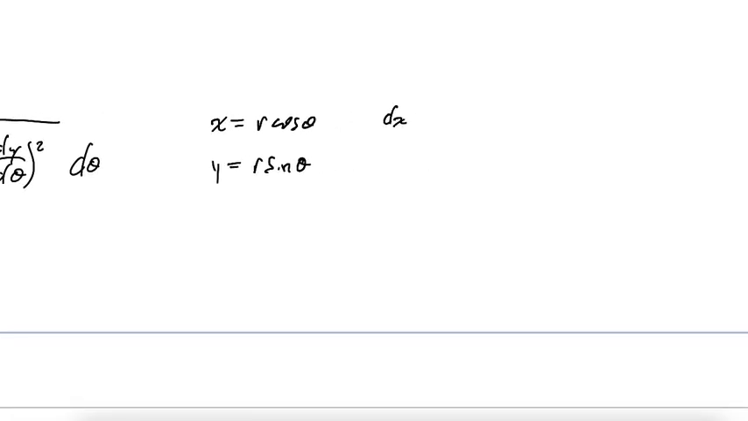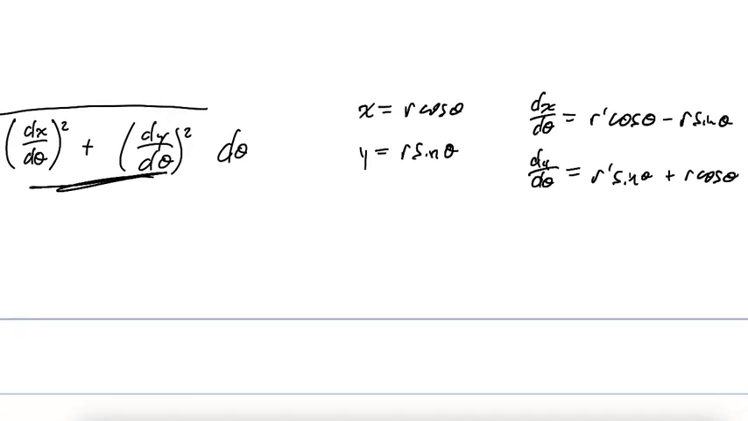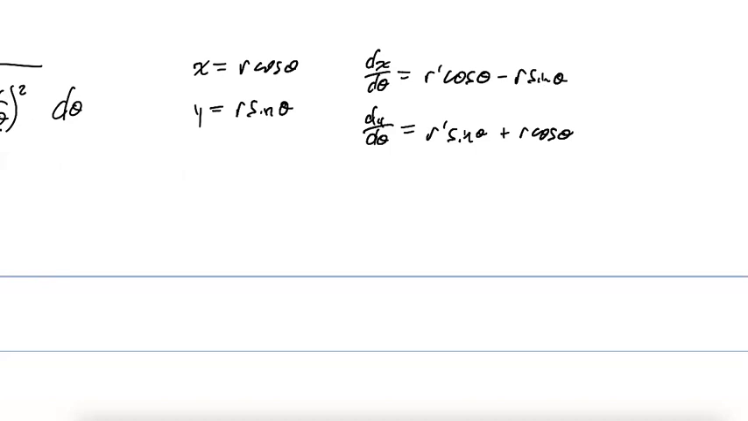Dx d theta is r prime cosine plus minus r sine, and dy d theta is r prime sine plus r cosine. So now if I want to put them in here, I want to square those things. So if I square both of these,